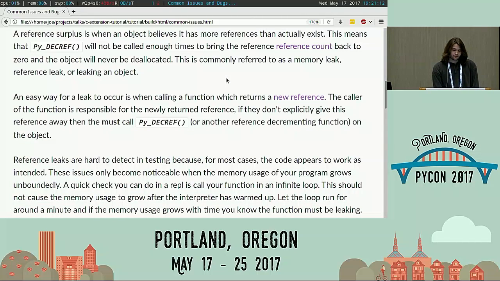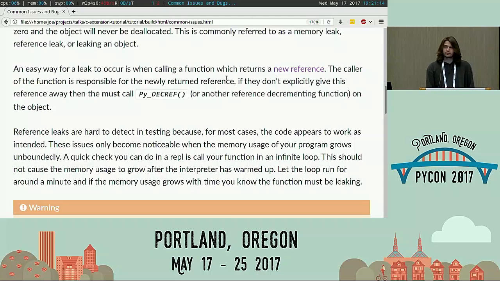The most common place you will see this, or the easiest place to look for this kind of leak, is to go find function calls which return new references. You might forget that something returns a new reference and you need to call decref on that when you're done. There are other cases where you don't explicitly call decref, but you give ownership away. For example, you might have noticed that the docs say PyList setItem steals a reference to its argument,